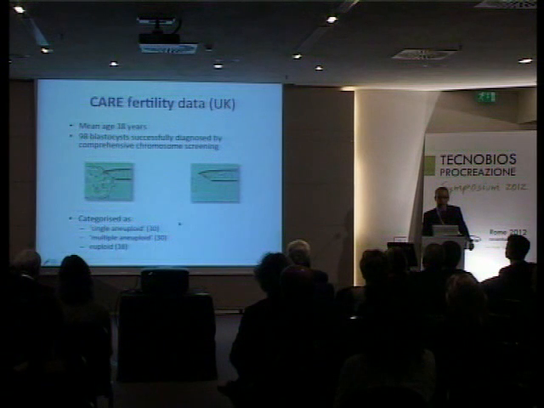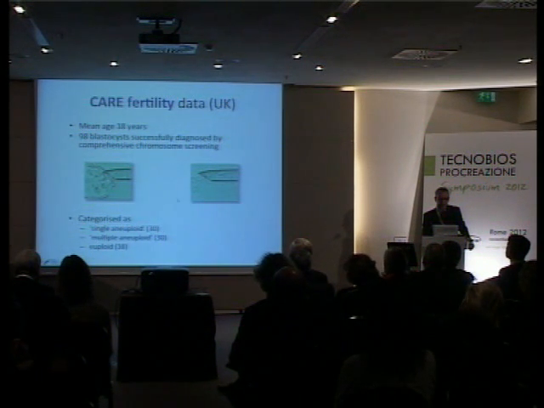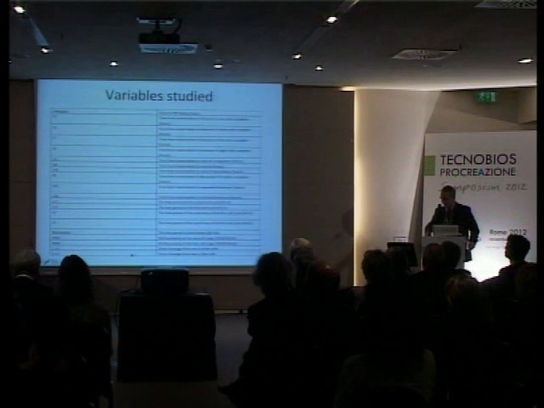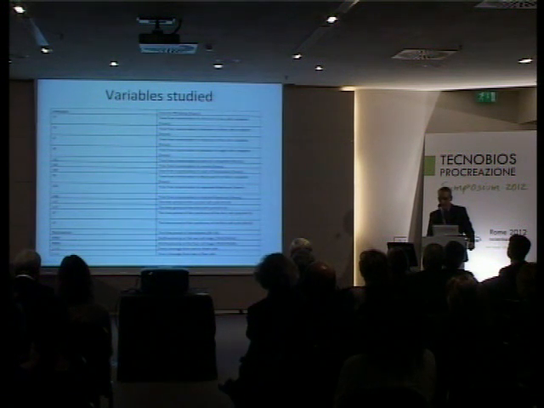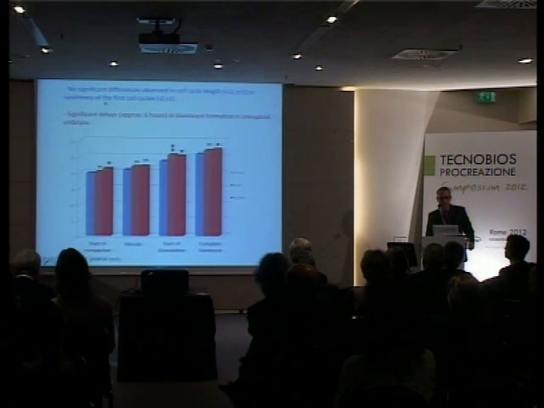And they categorized the embryos as single aneuploid initially, 30%, well, 30 embryos over 98 in total, multiple aneuploidy or euploid. And they assessed a number of morphokinetic parameters, and basically what they found was that there is no